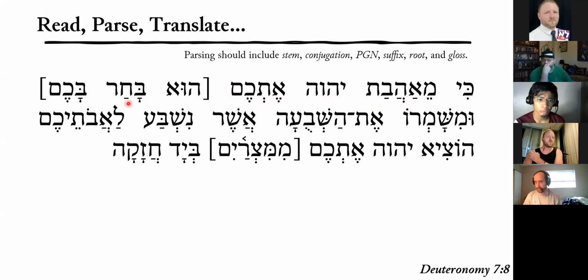Hu bachar bachem, umi shomro, this is an infinitive construct, shomro et hashvu'ah asher nishba la'avotechem, hotzi Adonai etchem mimitzrayim biyad chazaka. I've inserted these words in braces because they were implied from the previous verse, but they weren't present in this verse. So, because God loves you, He chose you, ubachar bachem,